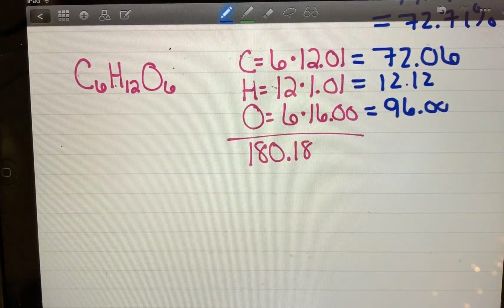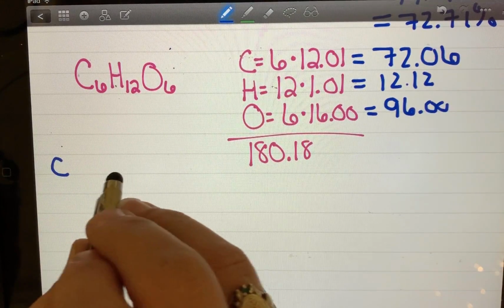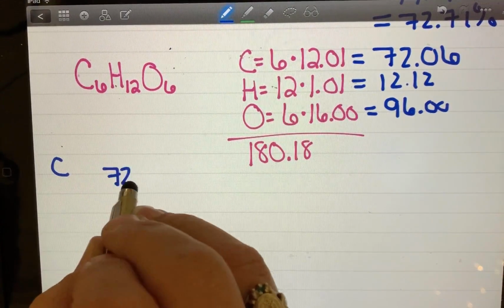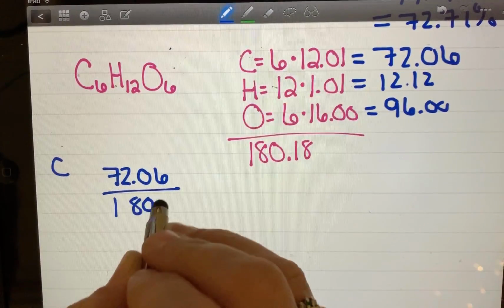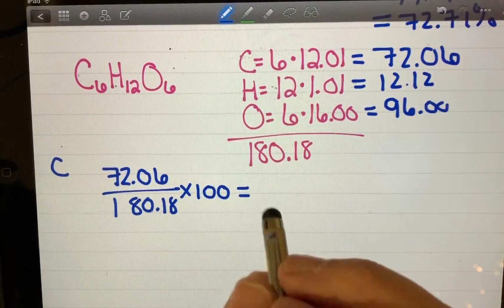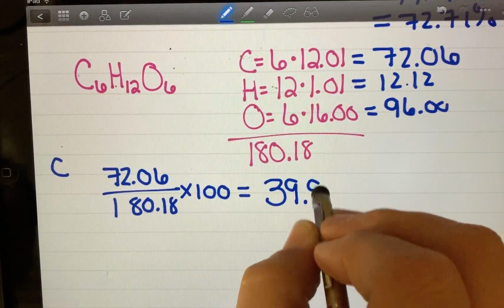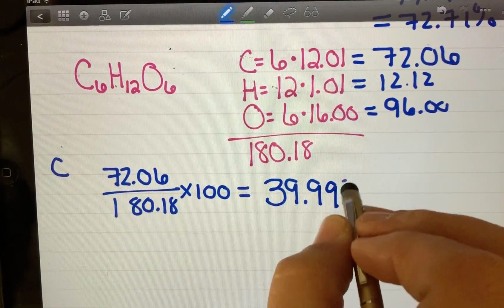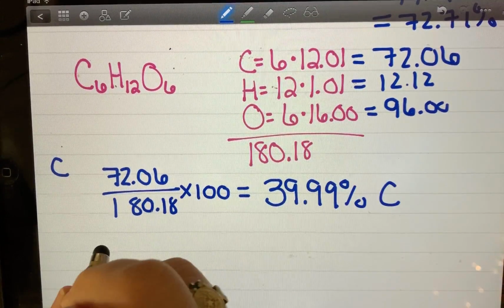And again, we're going to do part over whole, so I'll start with your carbon here. And we take the 72.06, divide by 180.18 times 100, because I am doing percent, and my number is 39.99%, and that's carbon. I'll repeat it with the hydrogen,